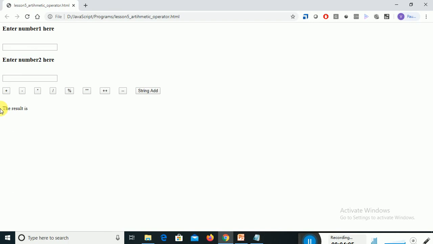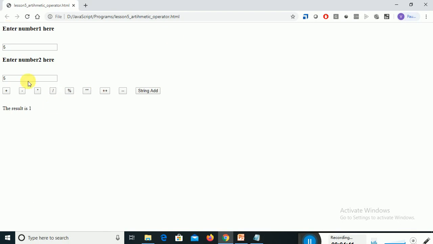So now we have two different text boxes here, number 1 and number 2, and we have buttons here: plus, minus, multiplication, division, modulo division, exponent. Then you have plus plus and minus minus. Consider I wanted to give here 5, 5. Right, then I will be giving the plus here. I will click here, I will get the output here. Similarly, if I am giving minus here, I will be getting the result of 5 minus 5. Then similarly, if I am giving asterisk, I will be getting 25. If I am giving division, I will be getting 1 here. So like that we need to select that.